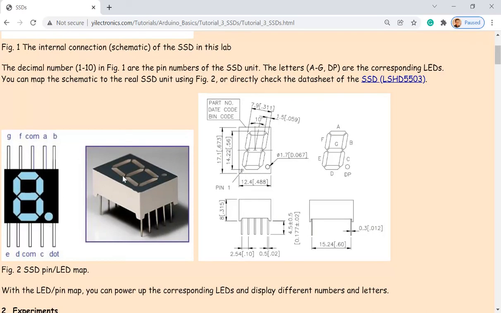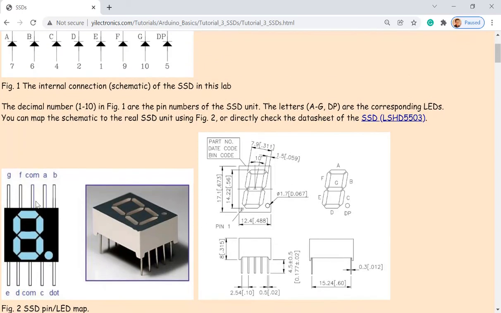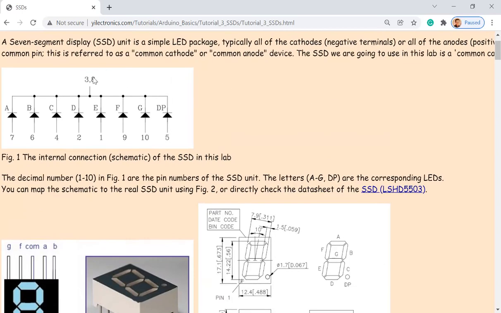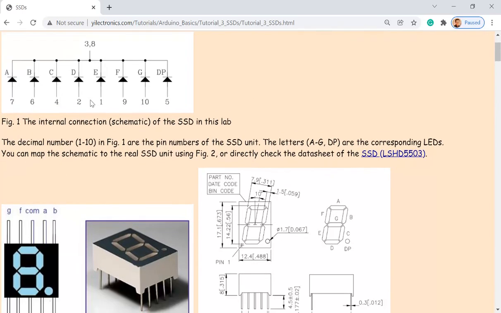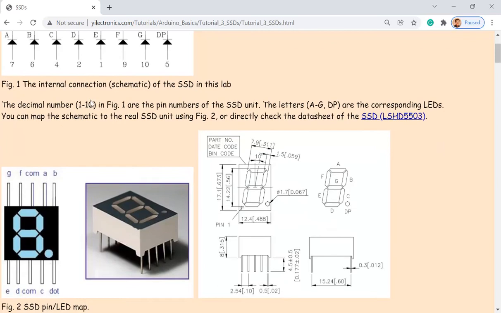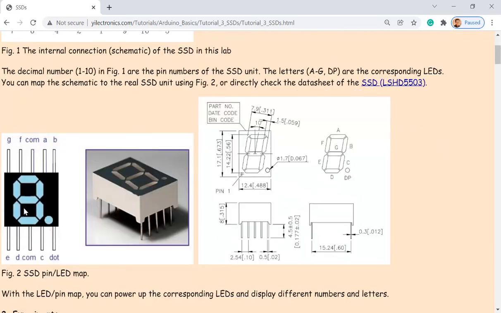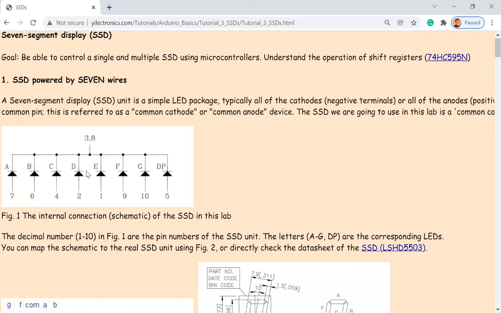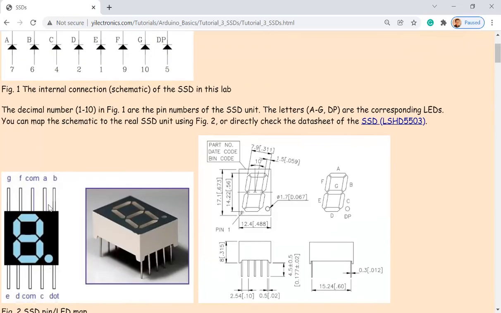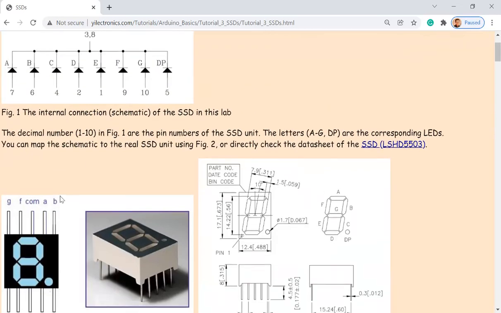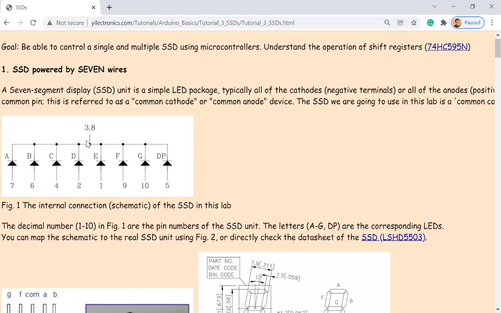So that's a device, right? Here's a pin out. COM is the common cathode connection. If you look at this pin out, this pin and this pin are shorted together and shorted to all the cathodes of the LEDs. Every single bar is an LED, right? And that pin is shorted to the cathode